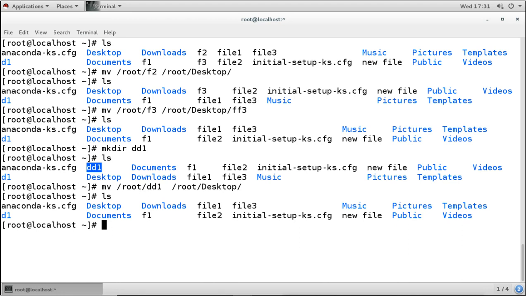But when we try to copy the directory, we need the extra r option. Why is this happening? It is because when we copy a directory, we actually increase the data. For example, suppose we have a directory with 10 GB of data, and I copy the directory to some other location. That means I am creating another 10 GB of data.